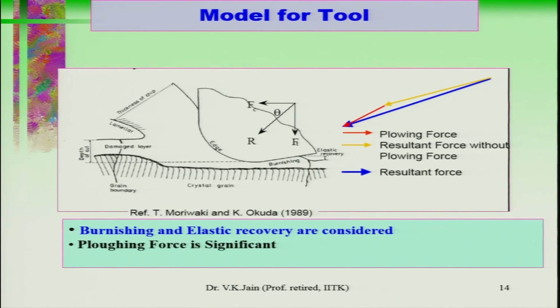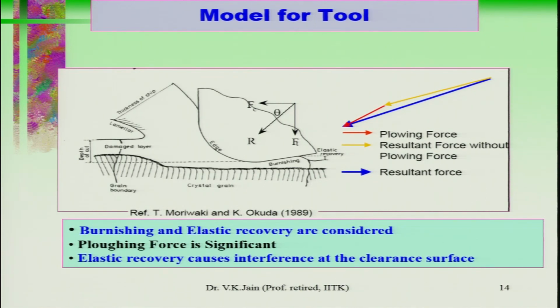And plowing force is significant in this particular case. Elastic recovery causes interference at the clearance surface, and this is the clearance surface. Because of elastic recovery, this material comes in contact with the cutting tool flank face, and additional friction is developed over here, apart from what is happening in the primary shear deformation zone and secondary shear deformation zone. This also generates heat energy, which raises the temperature of the cutting tool as well as the workpiece